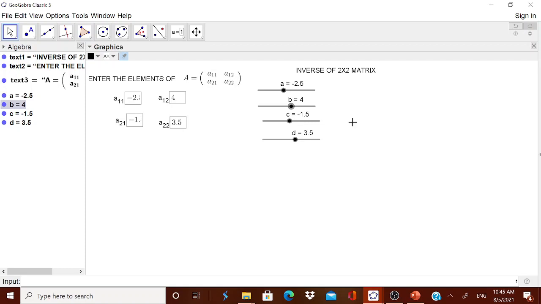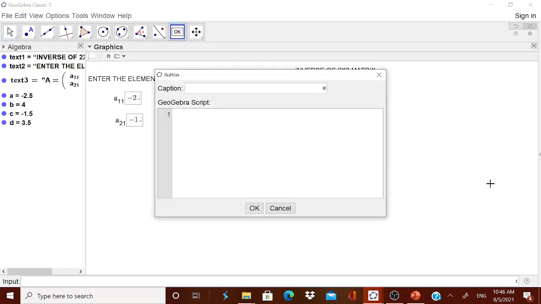When a child is entering a particular number, then after that, for the next problem, what does he have to do? For that, I am going for one idea. Go to this OK button. There you type new problem. In the new problem, you type A is equal to question mark, B is equal to question mark, enter, C is equal to question mark, which means that when you click it, whatever value you have entered will get deleted and it will wait for a new value. Go click OK. When I click the new problem, you see automatically it goes.